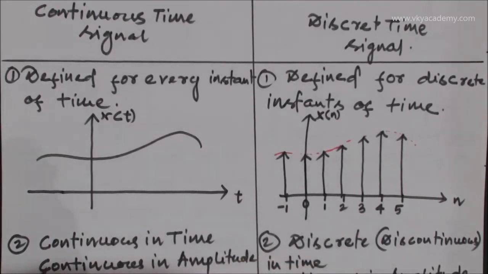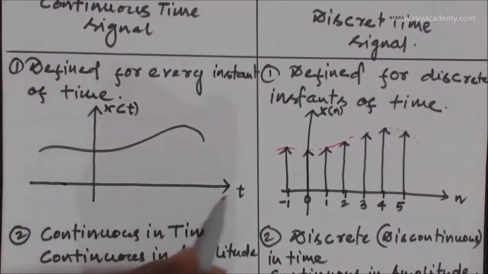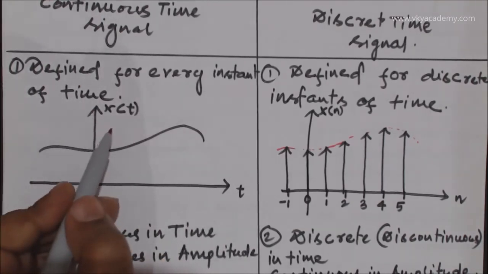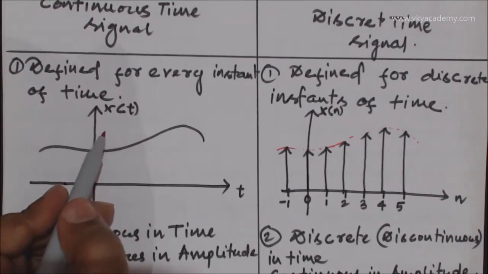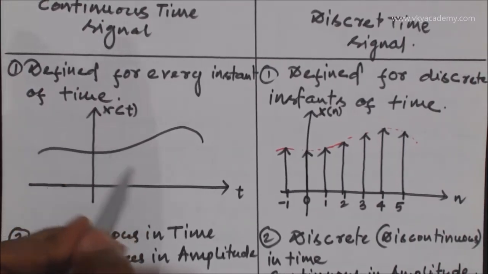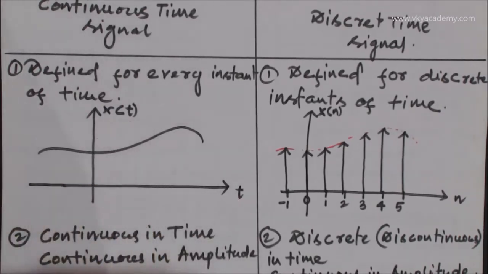some integer points. So as you can see in this particular graph, this is my x-axis, which is actually my domain, or you can say my independent variable, and this is my y-axis, which is my amplitude axis, or you can say the value axis. So this particular axis depends on this particular time, so the function is x of t. Now you can see this particular graph, this particular signal is defined for every instant of time within a specified